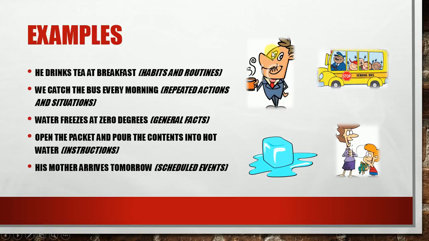Here we have a picture, and we can say that he drinks tea at breakfast. We can perceive that habits and routines are activities that we usually do. So we can suppose that this character drinks tea every morning or on weekends or weekdays or things